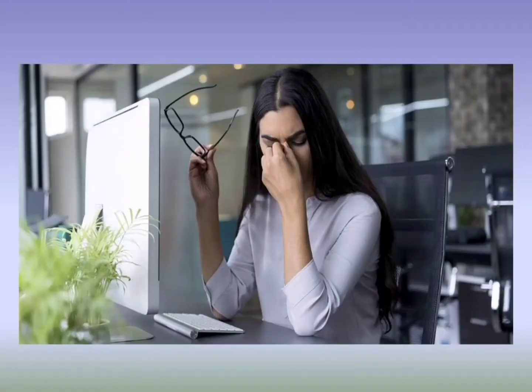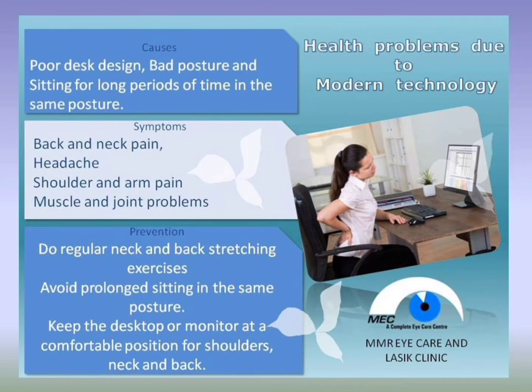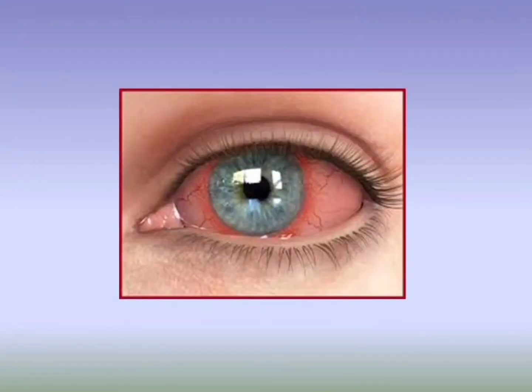The most common symptoms of computer vision syndrome are eye strain, slow change in focus, headache, irritation in eyes, and pain in neck, back, and shoulder. It is not good to ignore the dry eye symptoms, as they can result in sight-threatening complications like eye infections, damage to the surface of your eyes, and decreased quality of life.